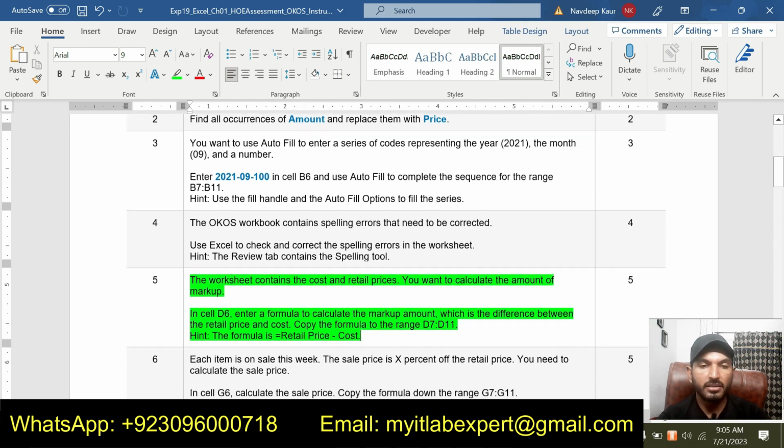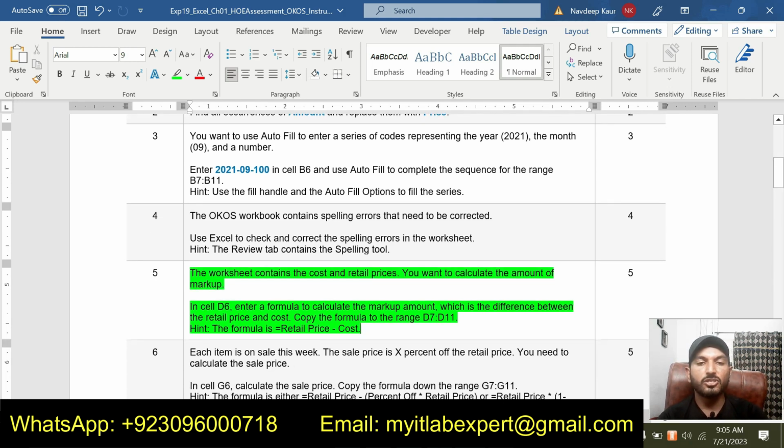The next step says the worksheet contains the cost and the retail prices. You want to calculate the amount of markup. So in cell D6, enter a formula to calculate the markup amount, which is the difference between the retail price and the cost. Copy the formula to the range D7 up to D11. So basically we are supposed to calculate the markup amount in cell